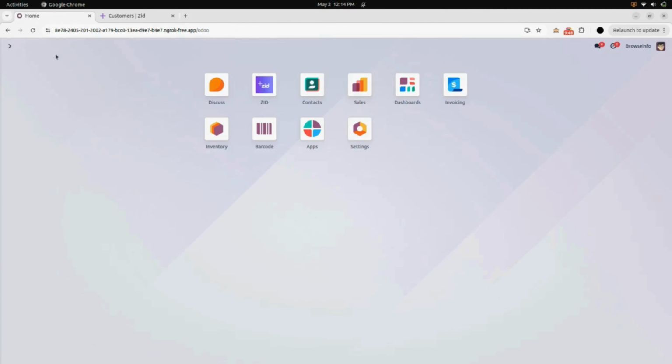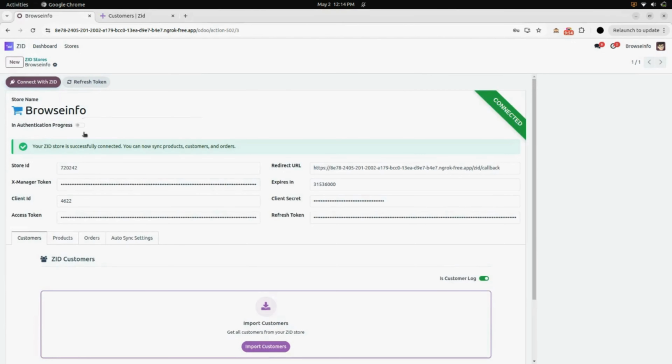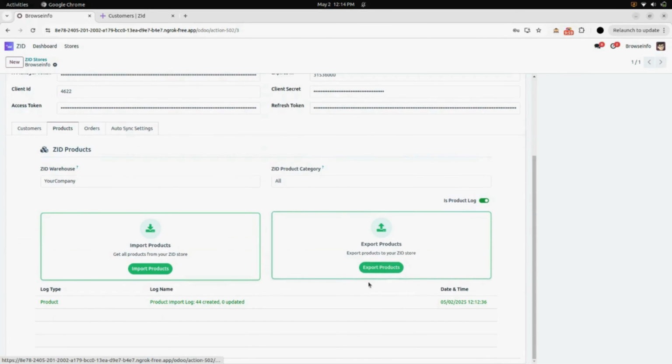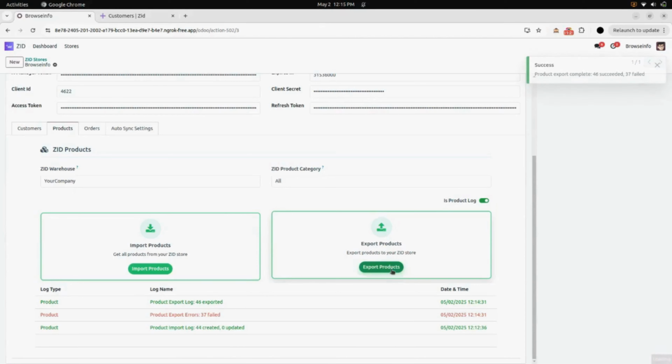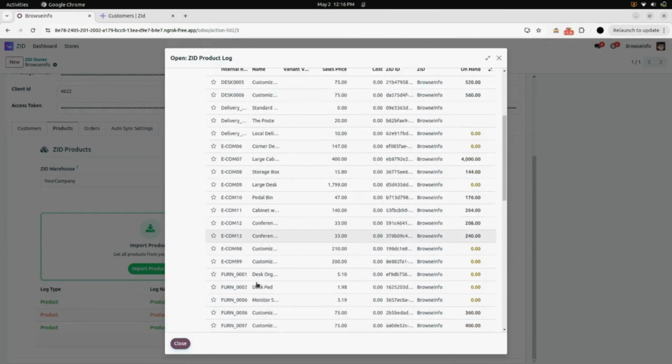Now after this, again we will go into the Zid module. Going into the stores, we are going into the BrowseInfo store, and in here after import we are going to click on the export product button. Here click on export product, and you can see that 46 products have been exported successfully while 37 products have failed due to some reason. So we are going to open our 46 product log which is